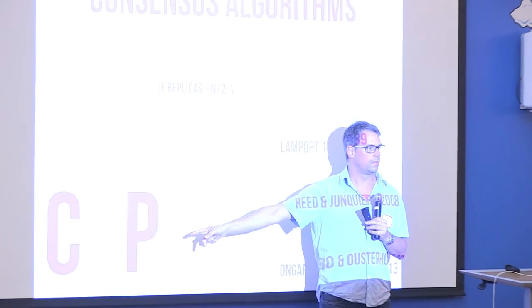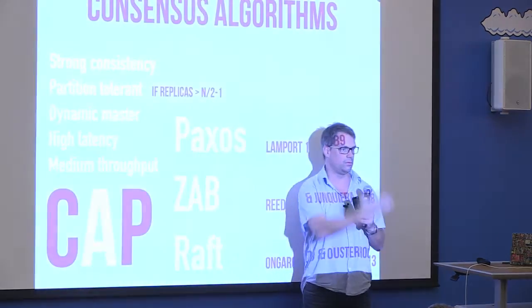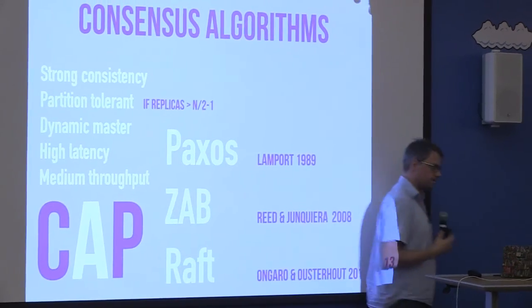Raft, what these guys have said, they set out to create a simple model, simple to understand, but it actually turns out to perform very, very well. So I encourage you to look at Raft. There are implementations in most languages nowadays. All these consensus protocols implement CP. That means they are not highly available. If one node is gone, then you can't have consistency. There's no way to get agreement then.